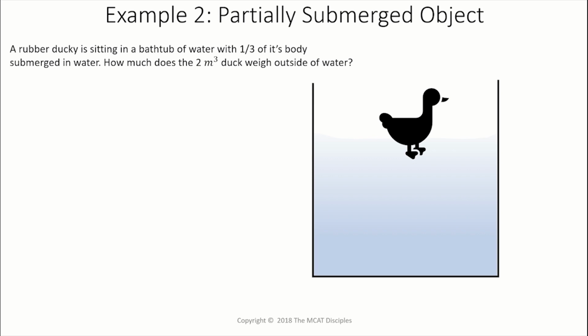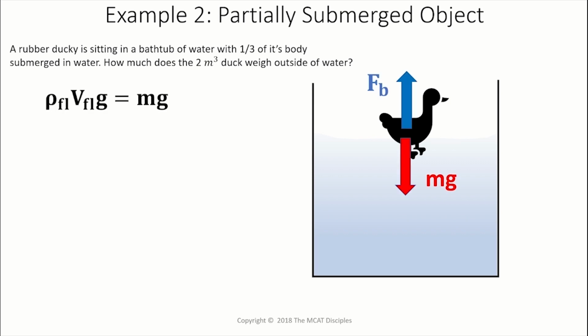And you know that if this duck is not moving, the forces are going to balance each other out. So the force of gravity downward, and then you have the buoyant force upward, and those should be equal to one another. So we can say the force of gravity, mg, is equal to the buoyant force, or rho fluid times V fluid times gravity. So what is the volume of fluid displaced? That's like the big question here. Well, the volume of fluid displaced is just going to be the volume of the object times the fraction submerged. That's how much volume is being kicked out of that water by having that duck in there.